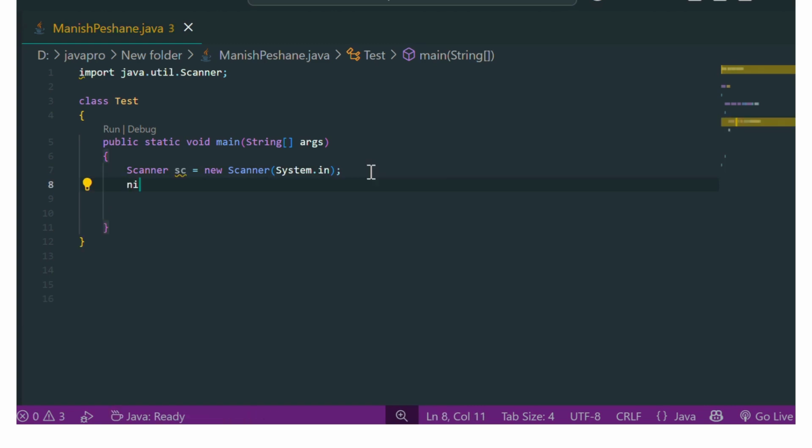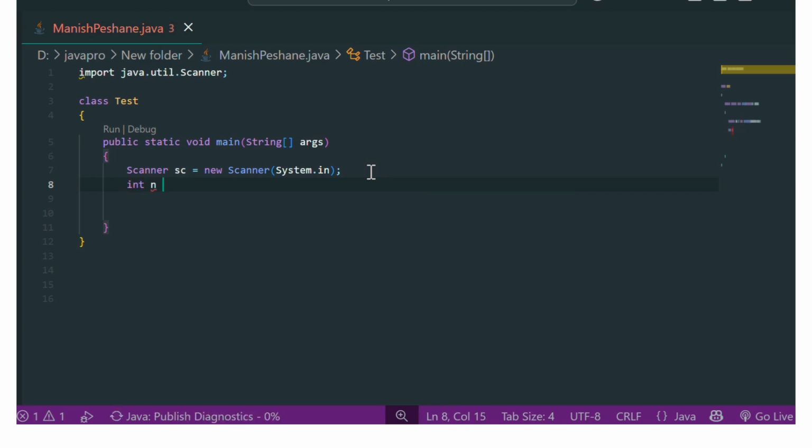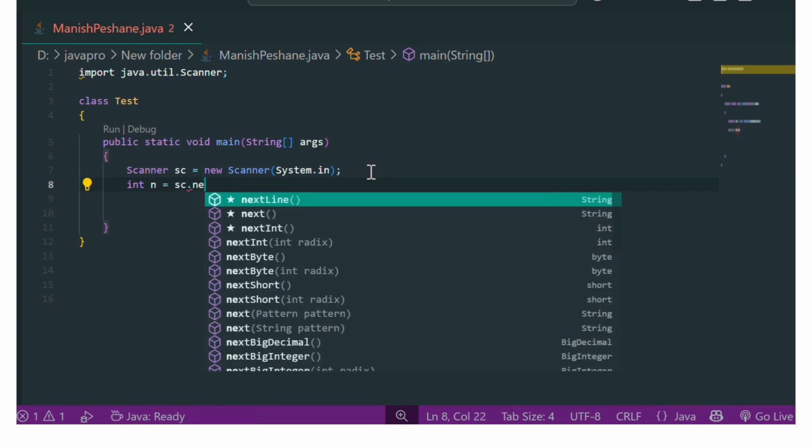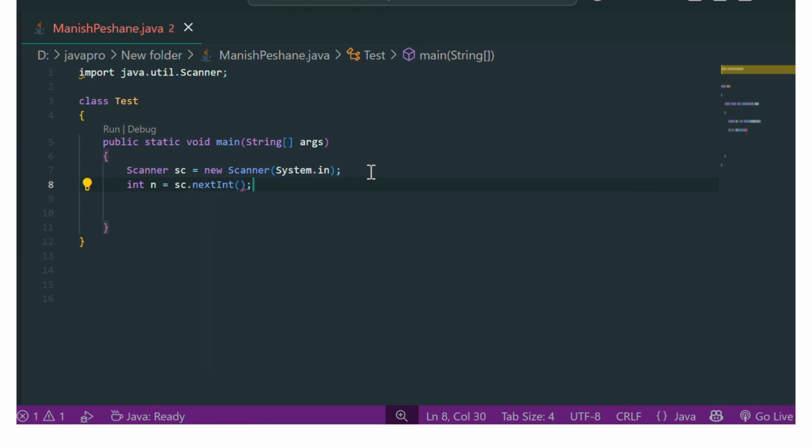Now we create one integer variable here, we can declare n. Okay, and we pass sc.next, because this is the input line now. That's why we write nextInt.